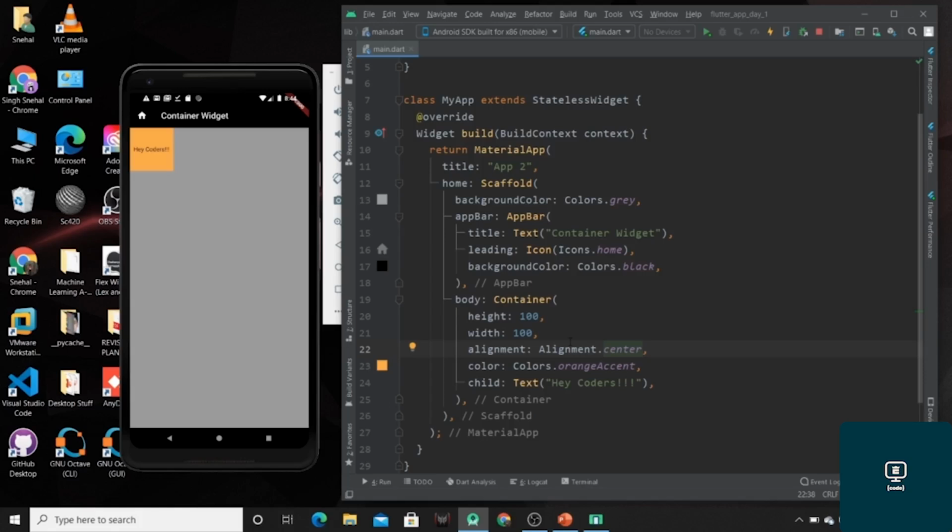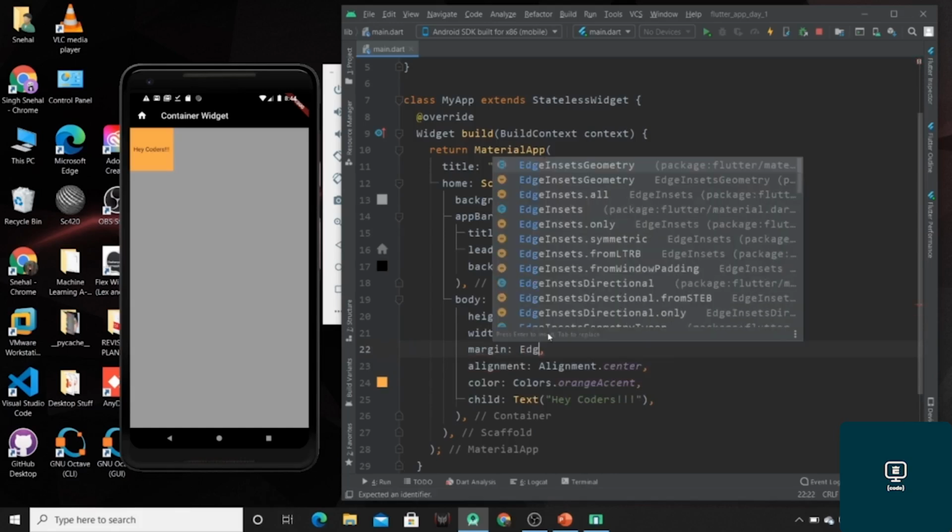Now if we want to give some margin to our container, we can use the margin property, and for that we can use this EdgeInsets dot all property. If we want to give the same margin on all four sides, we can use this property. If we want to give a specific margin to the left side or the right side, we can use the only attribute.